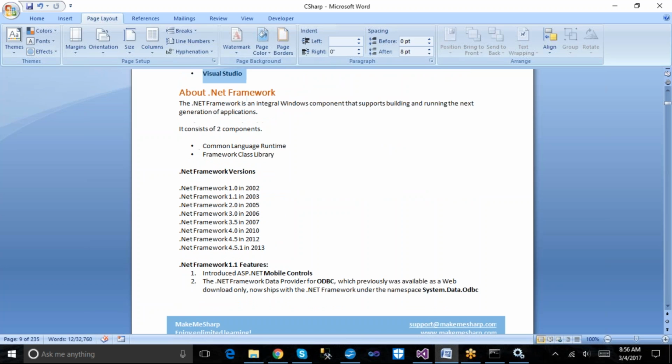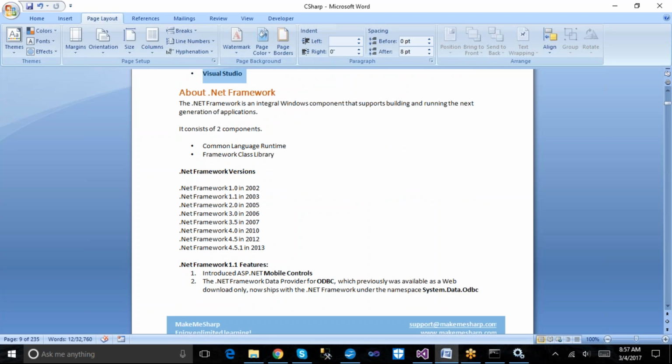If you take the .NET Framework, we can call it an integral Windows component supporting building and running the next generation application.